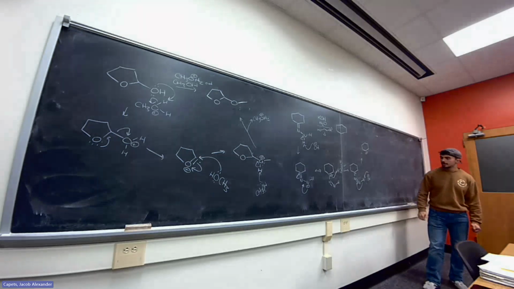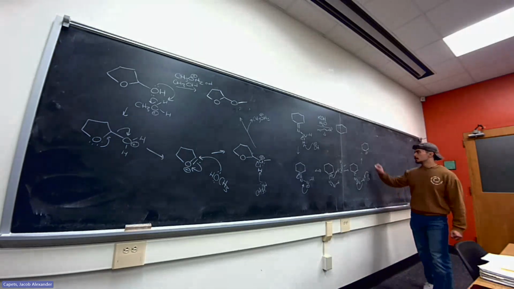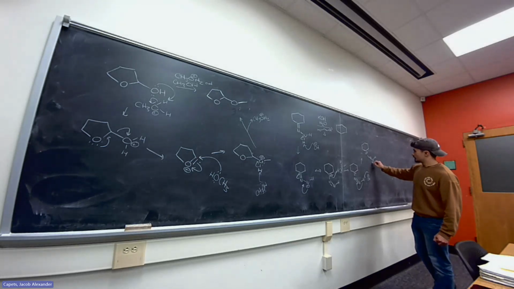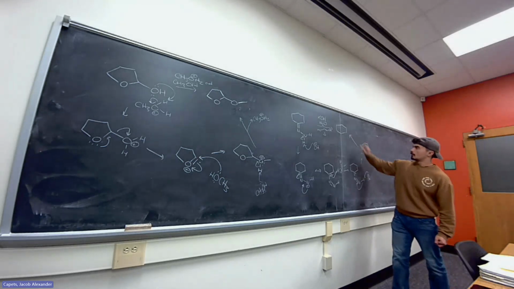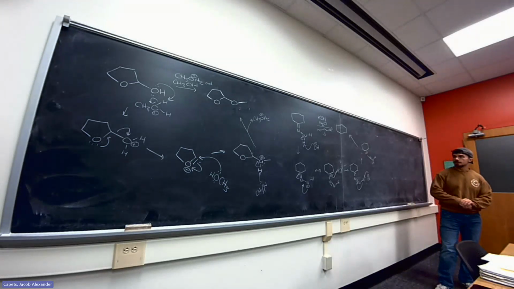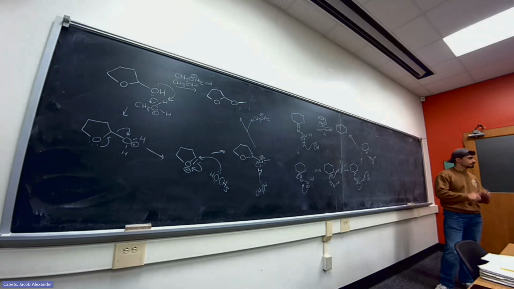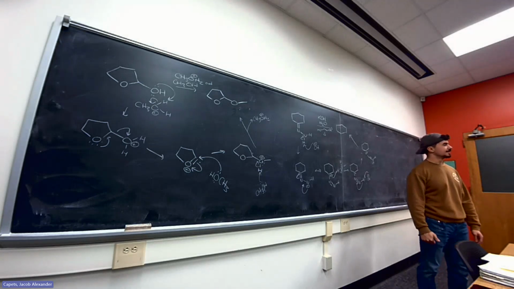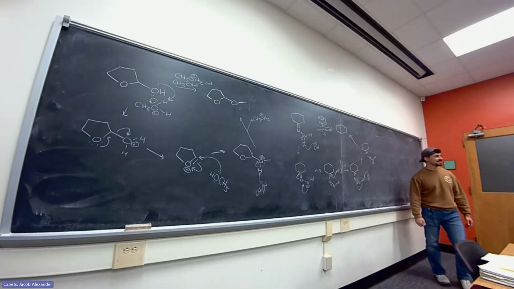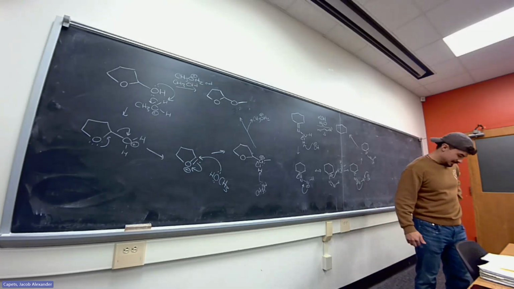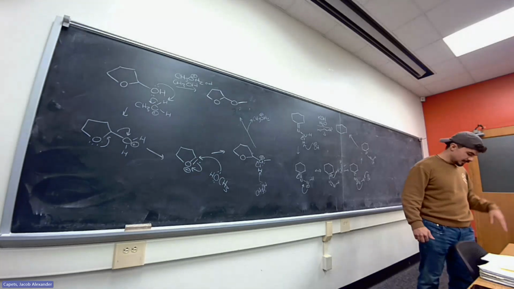We have a cyclohexyl anion that we will protonate with water, to get cyclohexane. So we have methods to go back to alkanes. I guess we had some previously as well, but